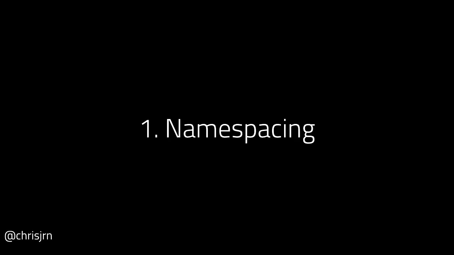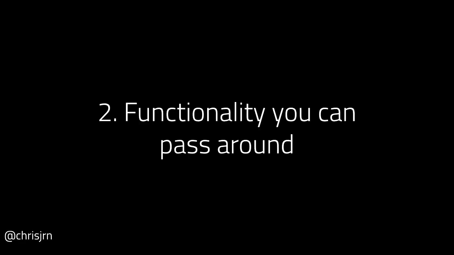And so if you go look through the Gang of Four, you'll see why people who are using languages like C++ or Java need singletons. And the first reason is that in pure OO languages like Java in particular, where everything has to be inside a class, you get namespacing from singletons. You can put all of the related data and related functions into the same class and make that a singleton. But Python already has pretty good namespacing functionality. You don't need to create classes to get namespaces. The other reason why singletons are useful is so that you can pass functionality around to other functions. A singleton might be a derived class of a base class or an interface.